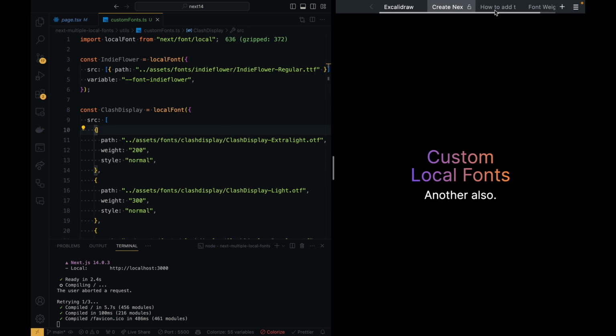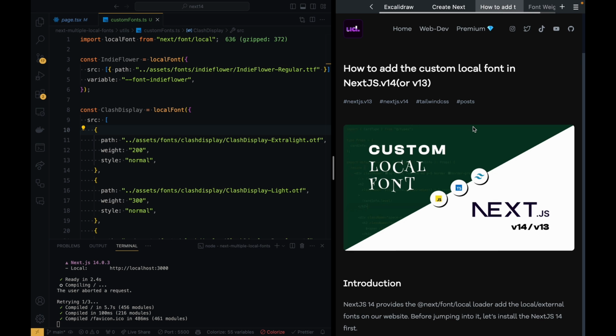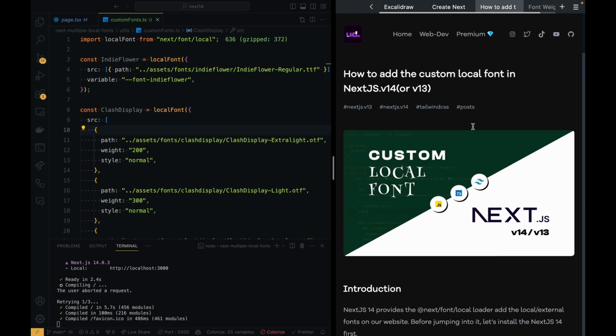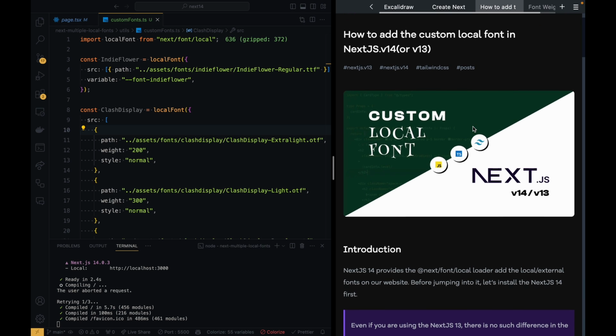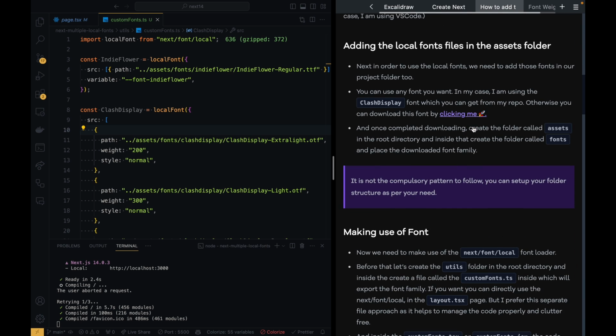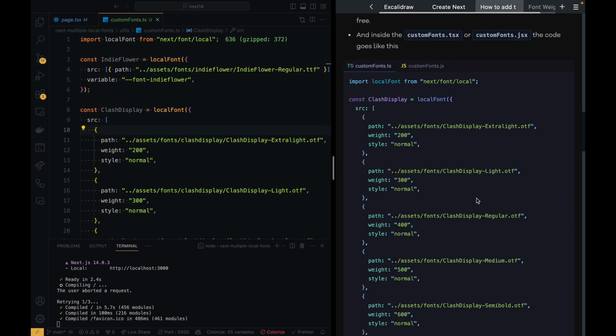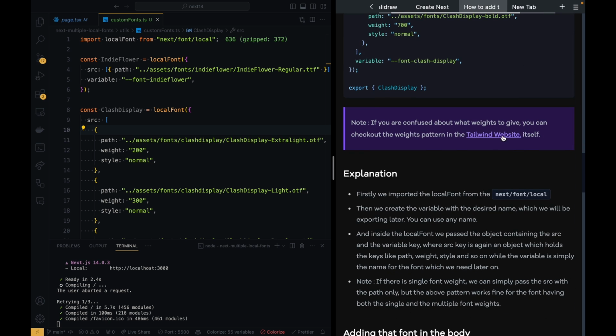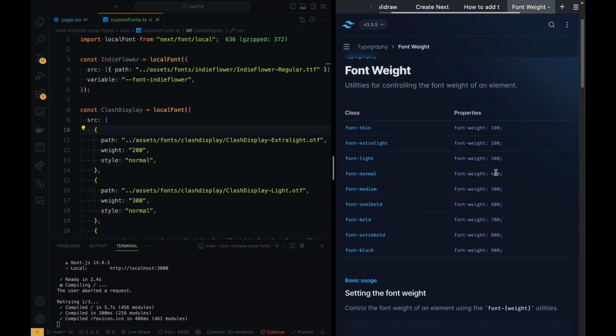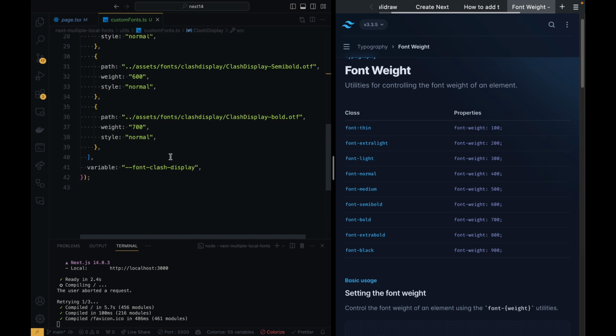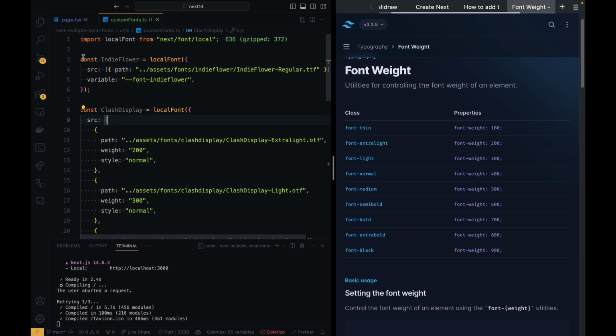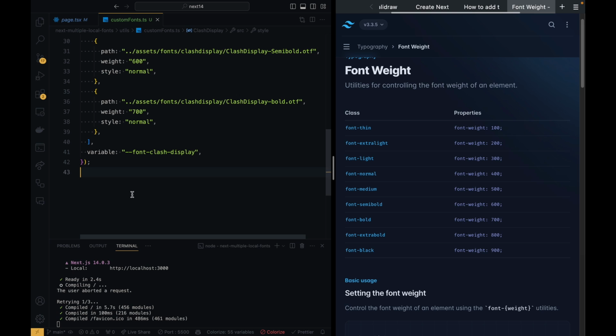By the way, if you are confused about what weight to give, I have written a detailed article regarding adding a custom local font in the NextJS project, and below you can find a link pointing to the Tailwind CSS, which covers what weight classes we give for classes like medium, normal, and similar. So as we have imported or loaded this font, we need to export it so that we